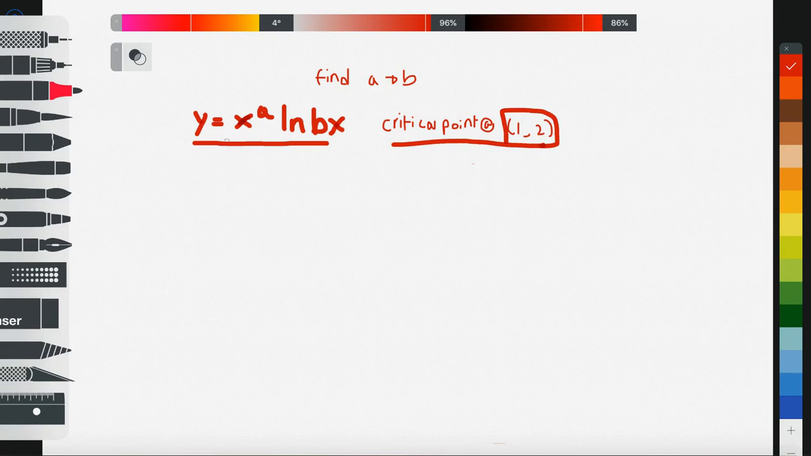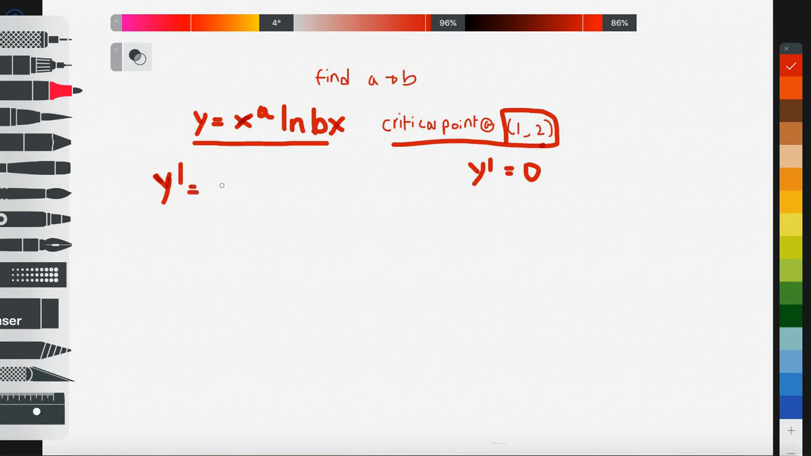Alright, so first things first. By critical point, we know that it actually means when the derivative of y is equal to 0. So that means we've got to differentiate this. Using the product rule, since we have two x components, we get y prime